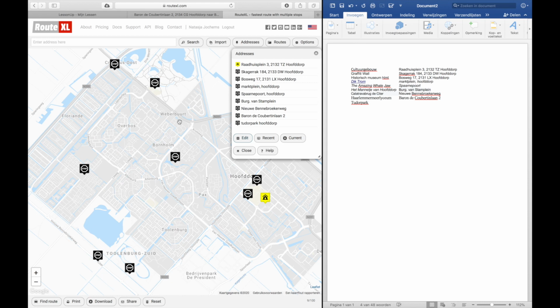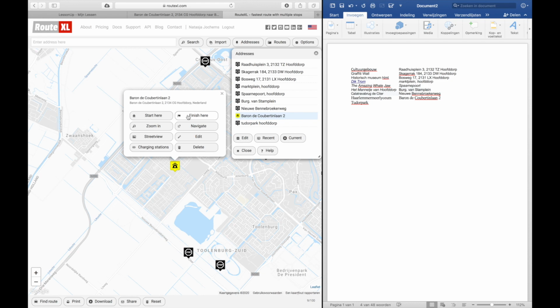Now I'm going to make sure that the Haarlemmer Lyceum is going to be my starting and my finishing point by clicking on the balloon on de Coubertinlaan and say start here and finish here. Then find my route,